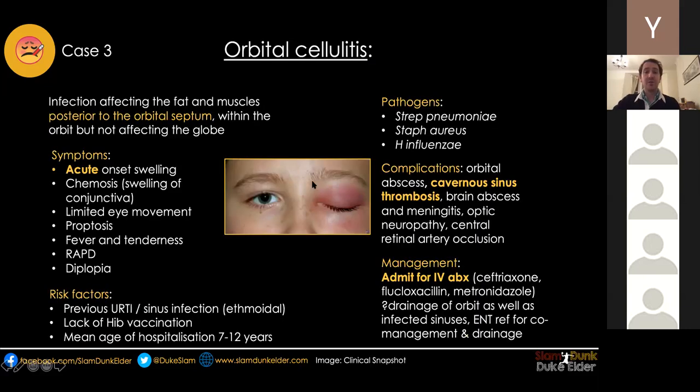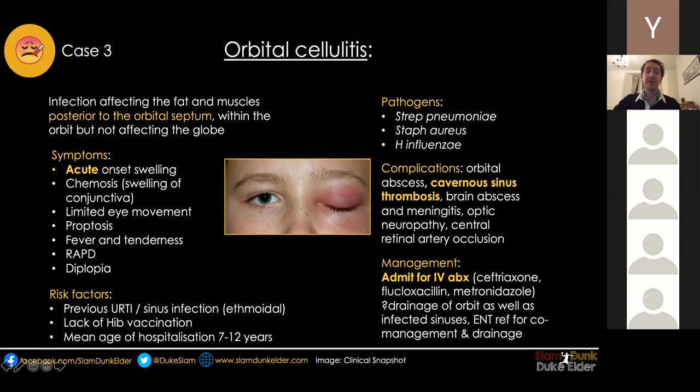So orbital cellulitis is an infection affecting the fat and muscles, so it's posterior to the orbital septum. That's how we differentiate between orbital cellulitis and preseptal or periorbital cellulitis. Anything behind the orbital septum is more serious, and that's orbital cellulitis. It's obviously an acute onset, painful, limited eye movement, high-grade fever, which can affect vision, and it's an emergency. So patients who have this will be admitted for IV antibiotics,